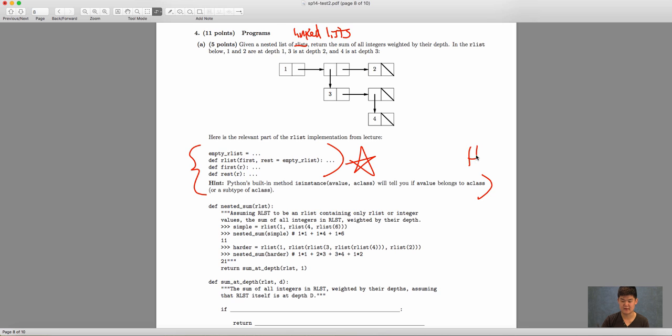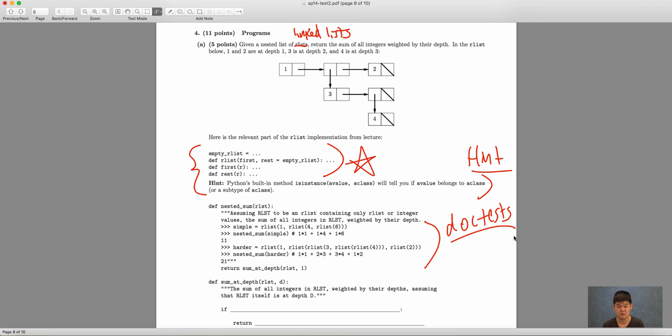We're going to need the hint. If they give you a hint, use it. Even with homework or projects, if they give you a hint, it's usually easier if you use the hint. Obviously, there are different ways to do it, but that makes the most sense. And now, I think this is where a lot of people